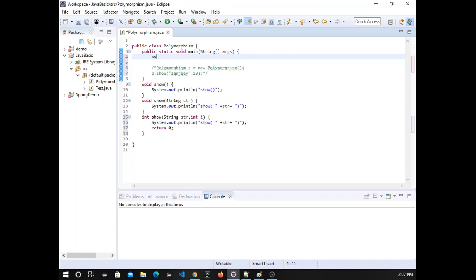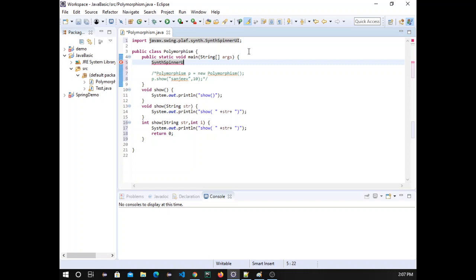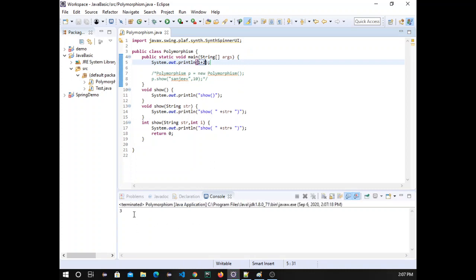So suppose we are trying to call 1 plus 2. Once we compile, at that time only it will be decided that you are going to call the plus operator with two integers. So it will act as an addition of two integers. But when any of these two parameters is a string, at that time it will act as a concatenation.